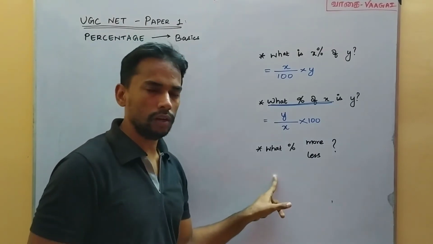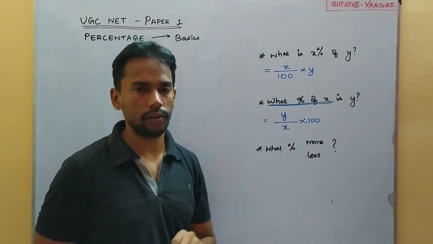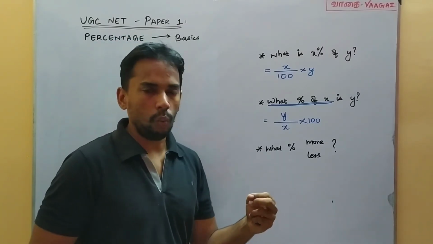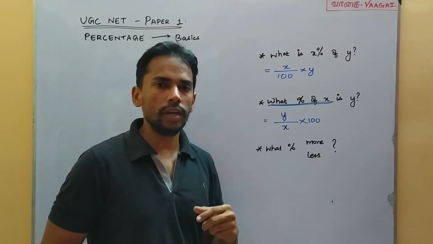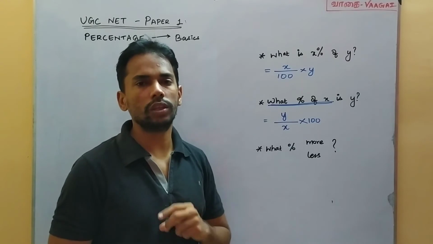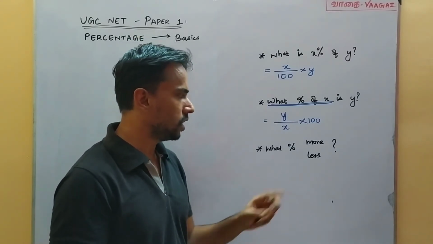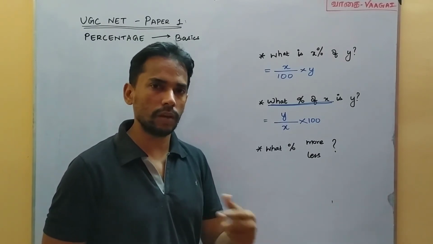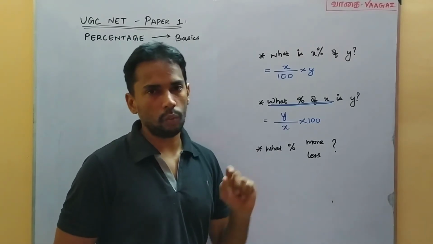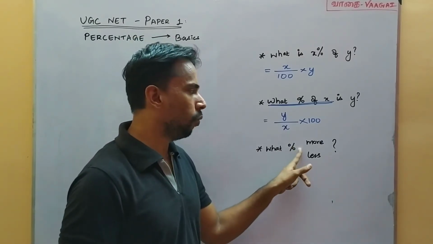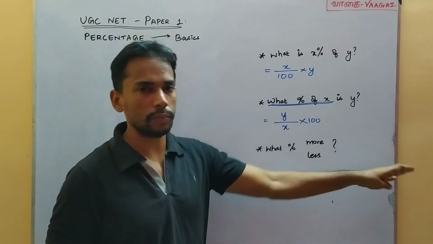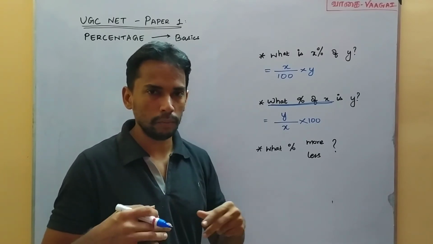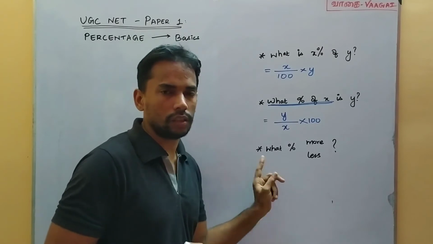And next, coming to the third one, this third one is even more important. So we may even get questions from percentage, something like X is what percentage more than Y? Y is what percentage less than X? So this way we'll be having questions which give us percentage more, percentage less. And we may even have this question like, what percentage is increased, what percentage is decreased. So instead of more, you can see the word increased. Instead of less, we may see decreased. So this way, comparing the increase and decrease, we will have the percentage calculations. That is our third variety.